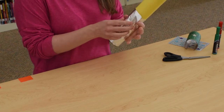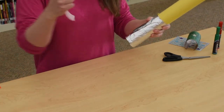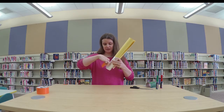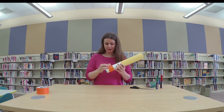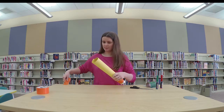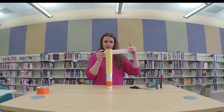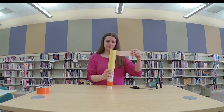And then you take your tape, and I have already pre-cut my tape here so it's ready to go, and you just take it and you wrap it around the bottom to hold that foil in place, and then you wrap another piece of tape around the top to hold the top of your lightsaber together,